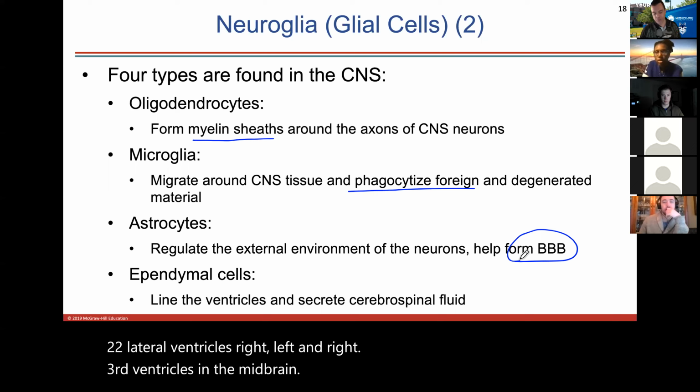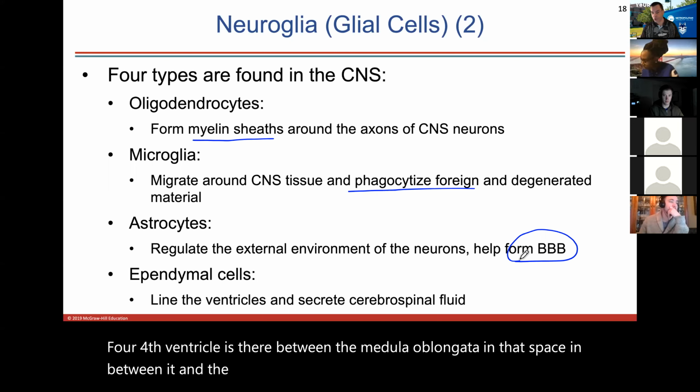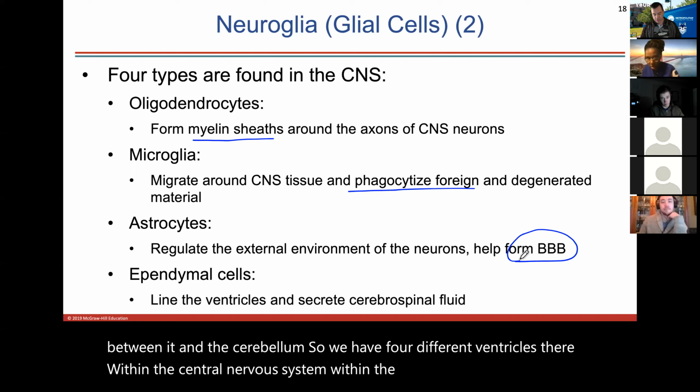Fourth ventricle is there between the medulla oblongata and that space in between it and the cerebellum. So we have four different ventricles within the central nervous system, within the brain. And then that fourth ventricle continues down through the spinal cord as the